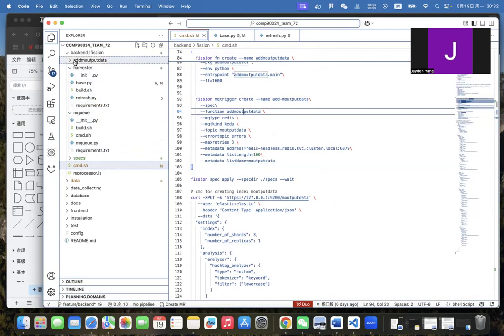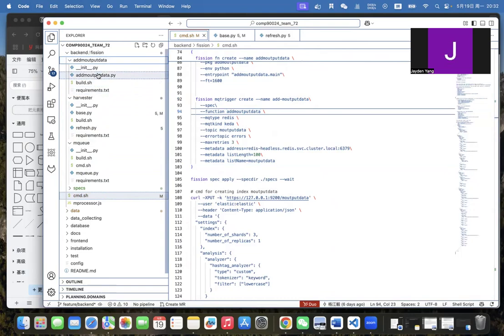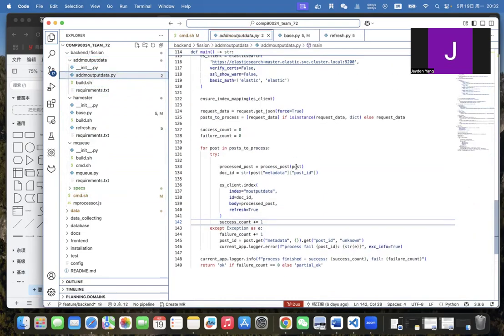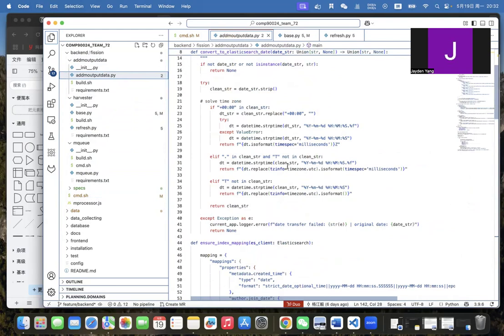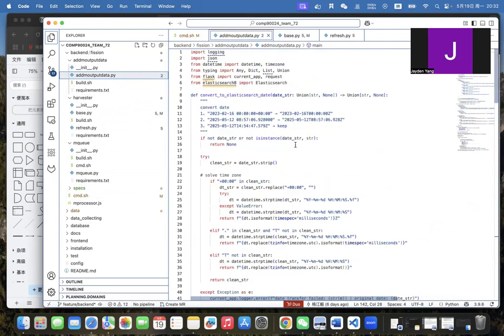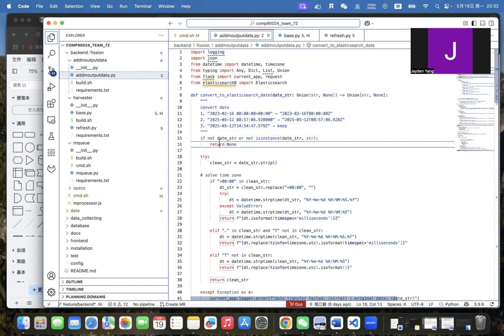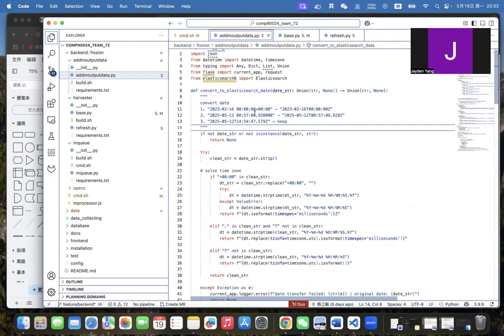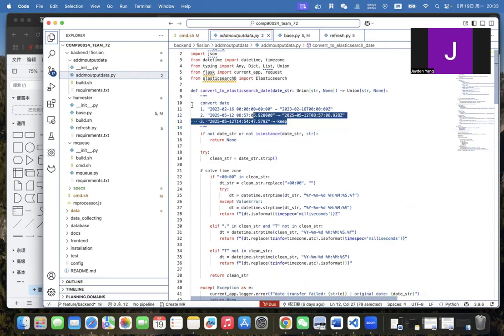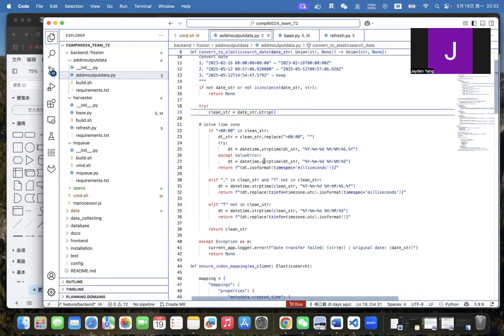I should show you. It's this one. Yeah, the code is about this. And what this code does is, there are many kinds of time formats with many time zones. So this function converts those time formats to a typical time format,